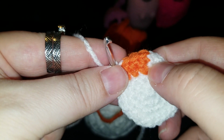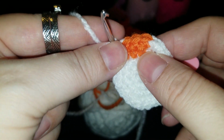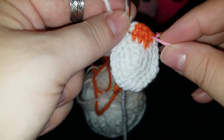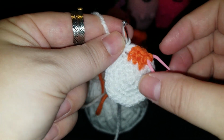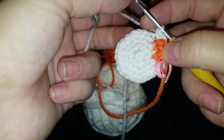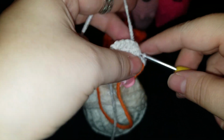See right here, this is where you would usually see it not line up. That's what bothers me, is when this row looks so uniform, right? It's not at different angles. And that bothers me with color changing, because you can see when they really see. It's not just the color changing itself, but the stitches change too. Okay, and